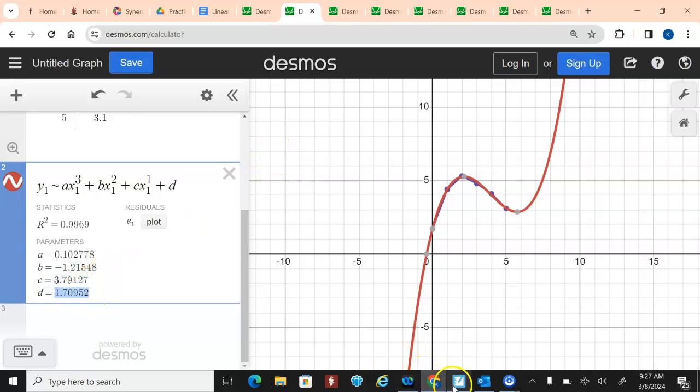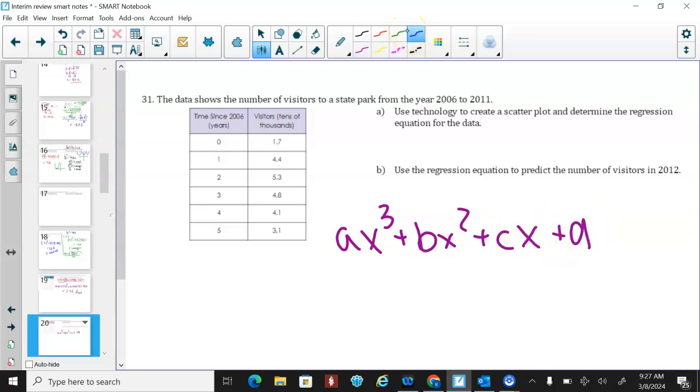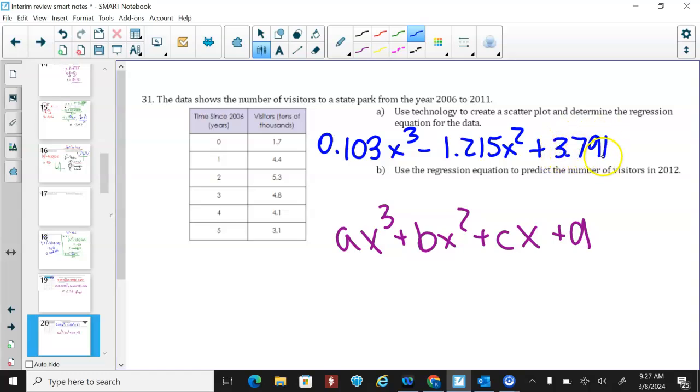Okay, so we're going to take it back to the slide and plug it in. So it is a cubic equation. Instead of ax cubed plus bx squared plus cx plus d, I'm going to plug in all the values that I was given. The values that I was given were, rounding up, 0.103 x cubed minus 1.215 x squared. My c was positive 3.791 x, and my d was